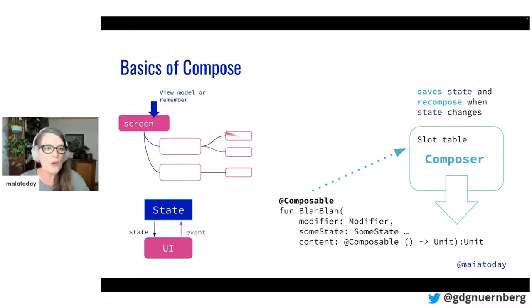The crux of Compose is that there are functions. It doesn't work with object trees. It works with functions because it's composable. We're using composition over inheritance, so there are nested functions. These blocks represent a function, and you'll have other functions being called from this function. These composable functions can either have state or be stateless. State is quite an important concept within Compose, because your state gets passed into your composable function, and the events come out of it, because a click handler gets passed in.